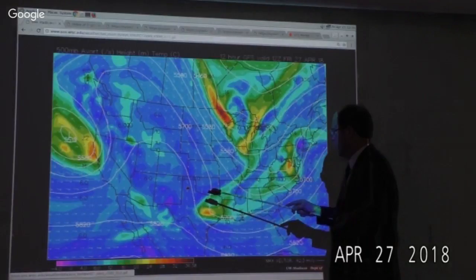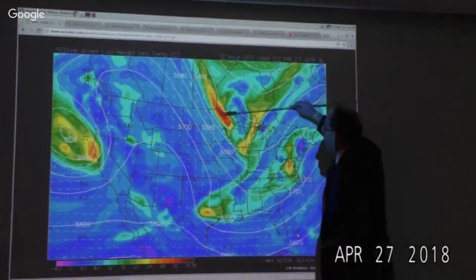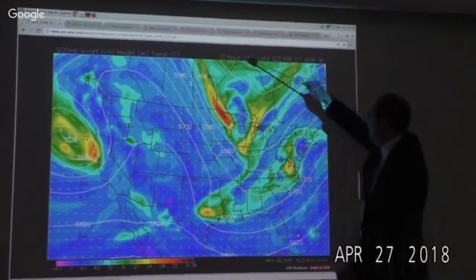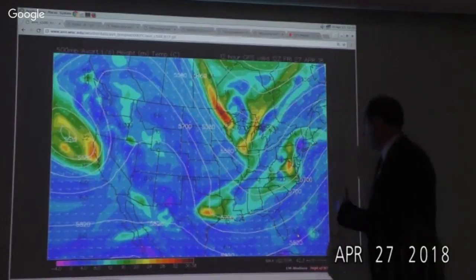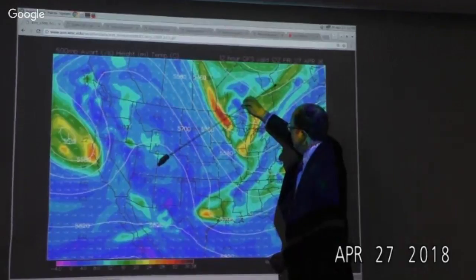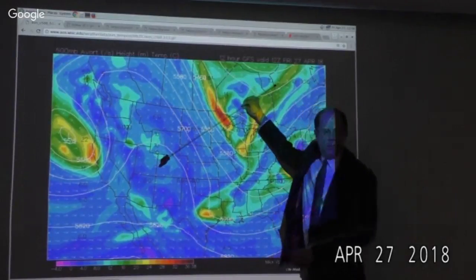Great, okay, perfect. Yeah, so here's our upper vortex strip associated with this development this morning, and this is a 12-hour forecast. I'm only showing you the forecast because I had a chance to look at it this morning. Where was that cross section on there? Right about there, I think. That strip of vorticity is the injection.